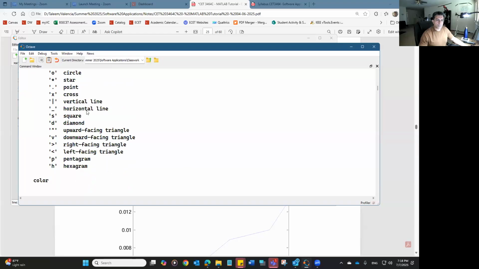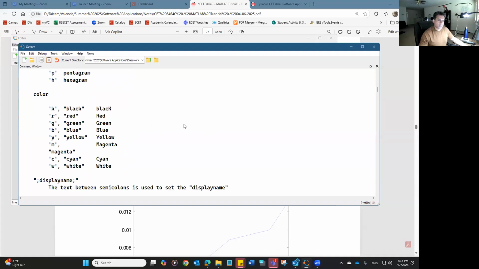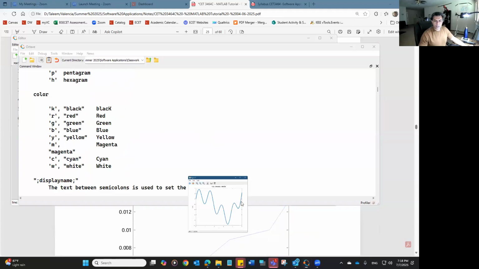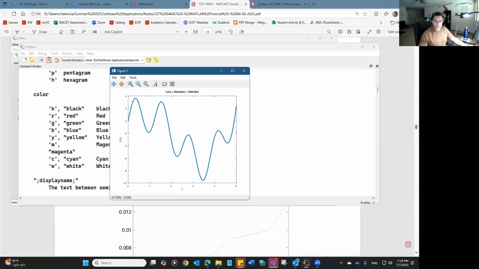So it's going to print those points using these markers. You can use different colors as well. The default color is blue for the first plot. If you're plotting multiple plots in the same graph, then it's going to automatically change the color of each plot, but you can change it manually as well. For example, right now the default color is blue, but if you want to change it to, let's say, magenta,